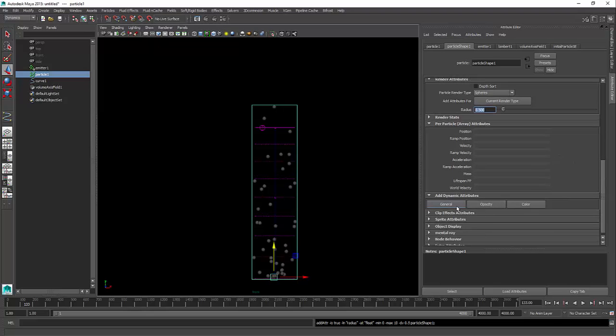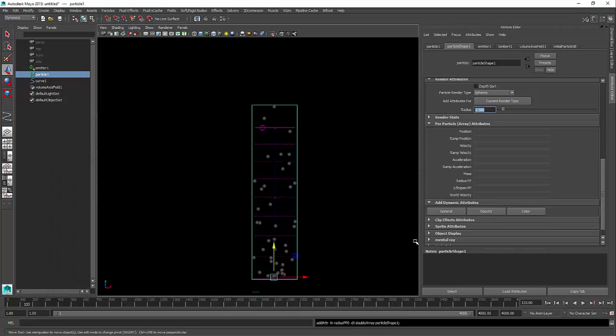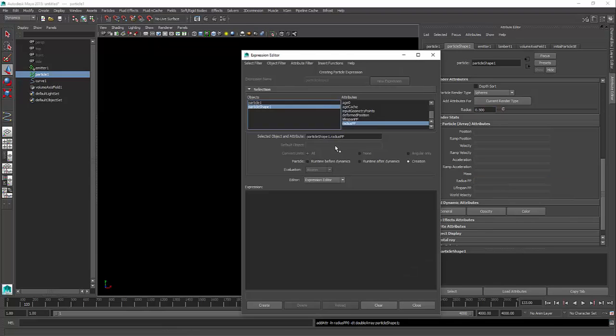So I'm going to click on general, and let's look in here and see if we have something that we can use for my point size, actually for my radius. So I'm going to add a radius per particle, and hit OK. And this radius per particle, I'm going to right click on it, and go to create expression,